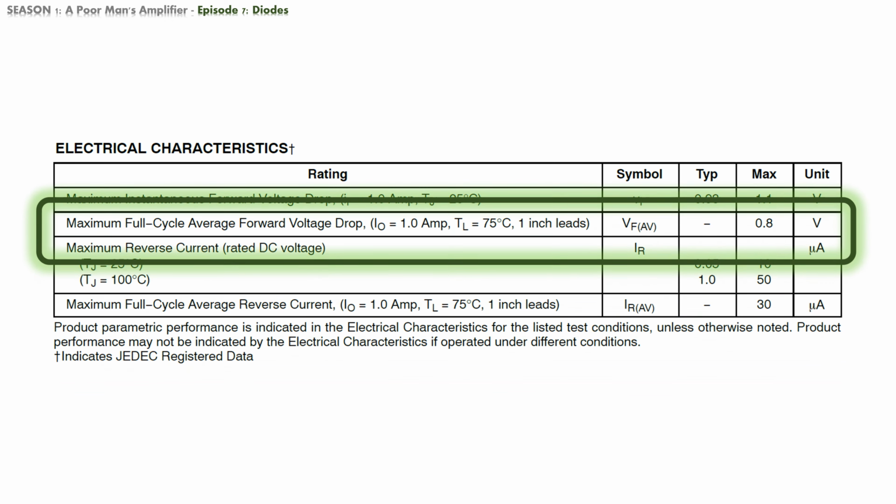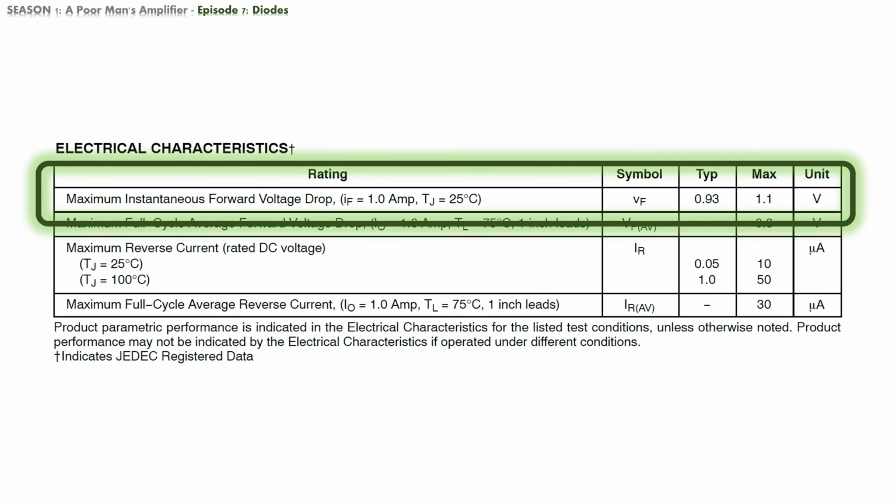Let's decipher the first data row from the table. It says, maximum instantaneous forward voltage drop, and then some other remarks in parentheses. This parameter tells us the value of voltage drop across the diode, or as this parameter is scientifically called, forward voltage drop, at the instant the circuit is powered on. It says that typically, or plainly said, usually, or on average, this value is 0.93 volts, and the maximum measured